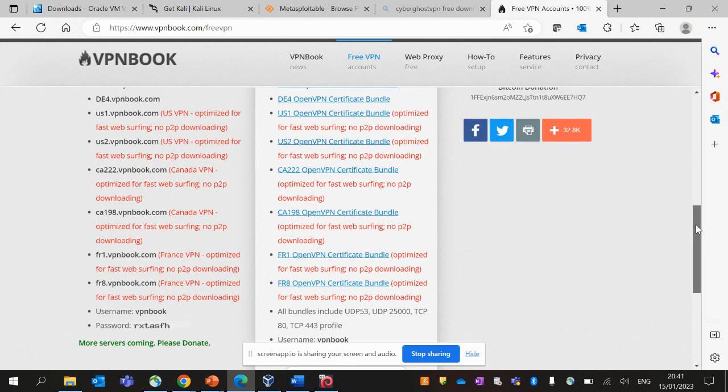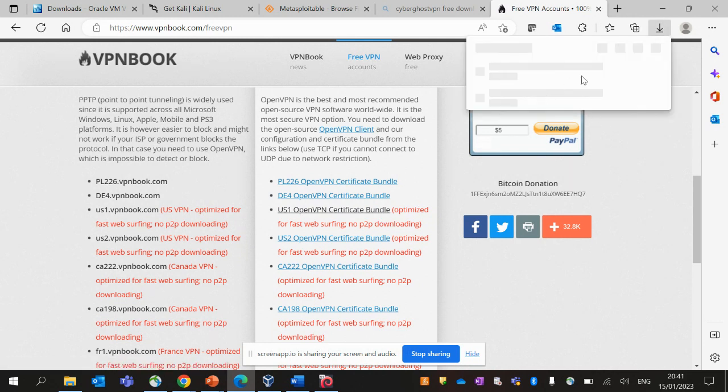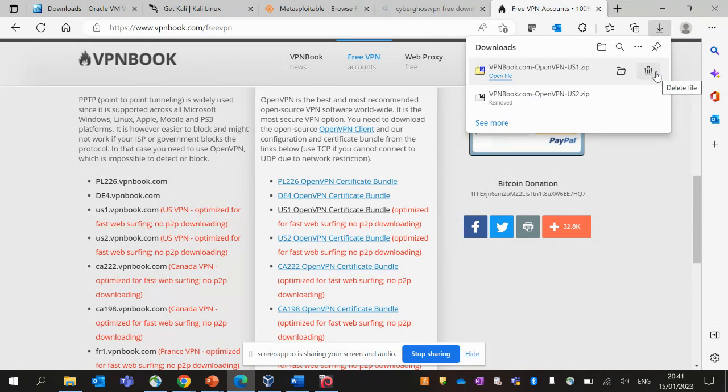And then here in the middle tab, you will see a lot of options for download. You can just select any one, US or any other, or Canada. So just select an option, and just click on it. So the VPN will be downloaded. I can see I just clicked the download button, and yeah, my VPN is ready. The file is ready. It will be a zip file. So once that is done, what you have to do,